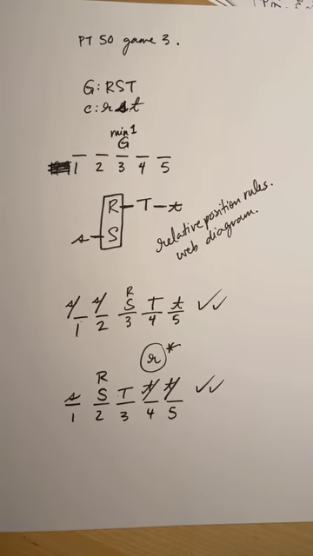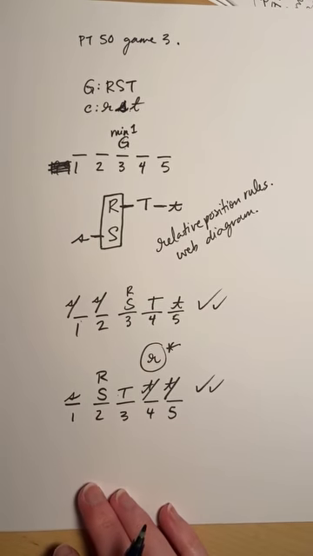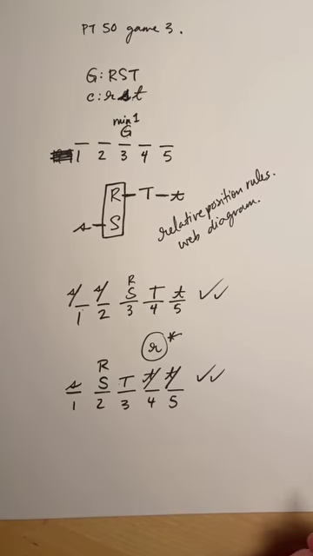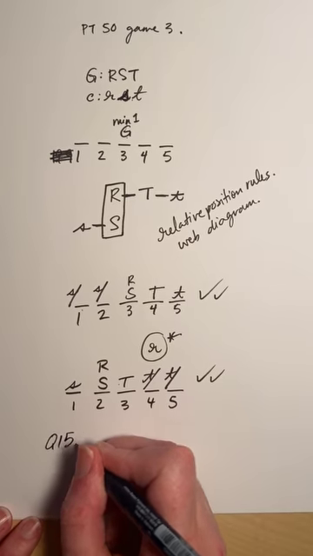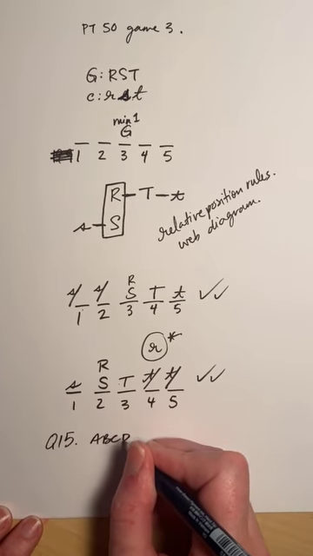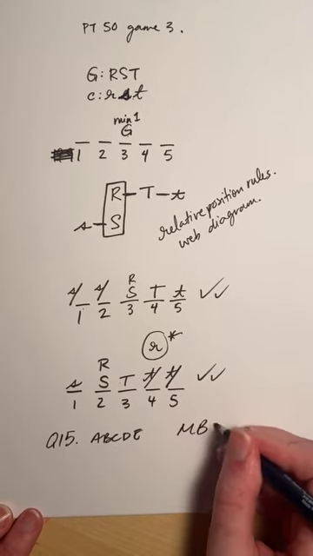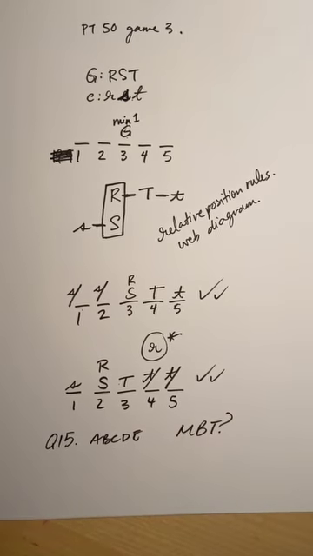I'm going to leave you with this one to try the questions on your own. Actually, why don't I just do one of the questions? I'll do question 15. It's a global must be true question. What that means is it's just asking what must be true based on the original rules. They're not giving you a